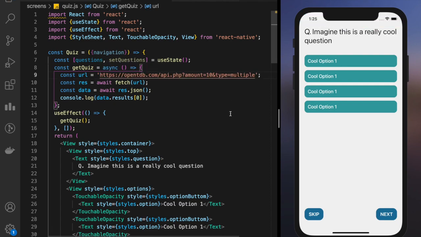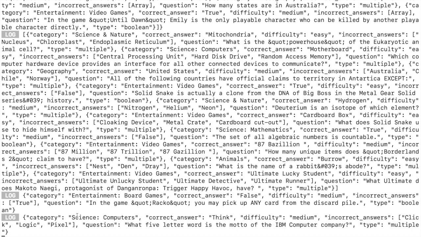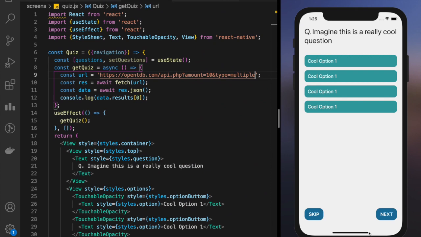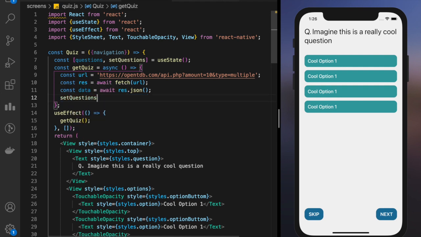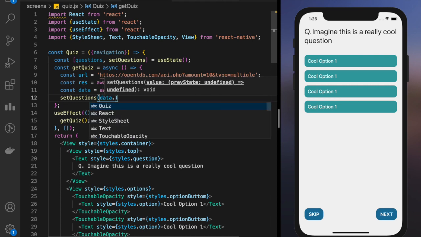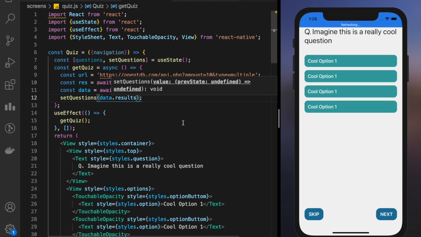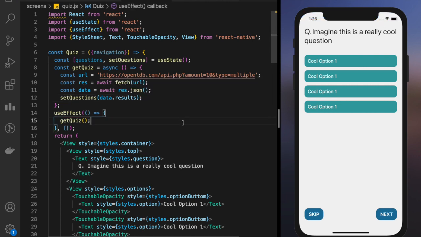So just this now. Okay, now if we log it, you see a computer science question. The correct answer is think, difficulty is medium, incorrect answer is again an array. The question is, what 5 letter word is the motto of IBM Computer Company? Cool. So from now, once this is done, we will set our questions as data.results.